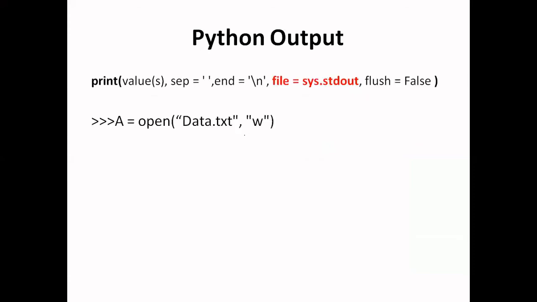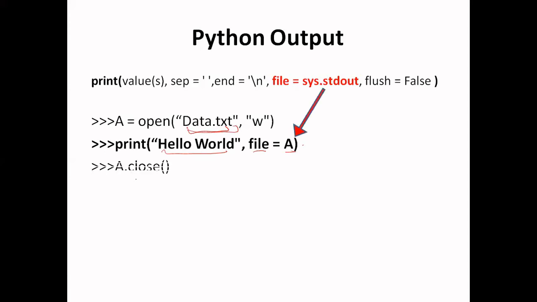to some file, so let's say we have a file object. This statement will create a file object which is assigned to this variable a. We will see later on how to create a file object. Basically this open function returns a file object, the file name is data.txt, and this file object is stored in this variable a. Now inside the print statement I am writing the same string hello world, and this file object is now pointing to the file data.txt. So if we execute this line, we will not get anything on our console screen.